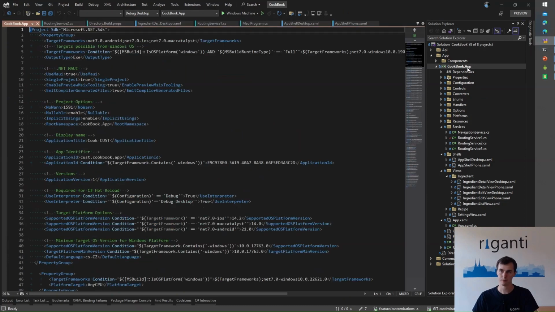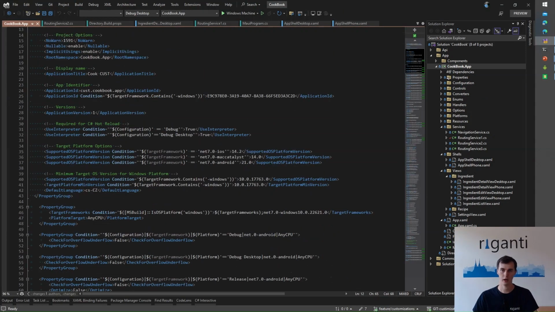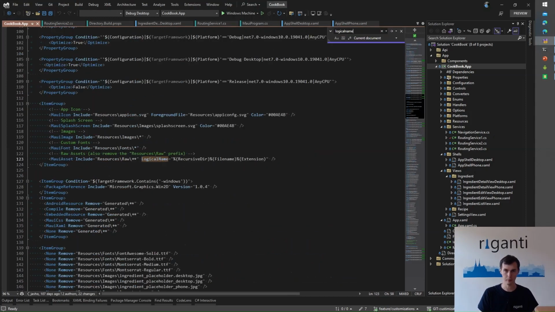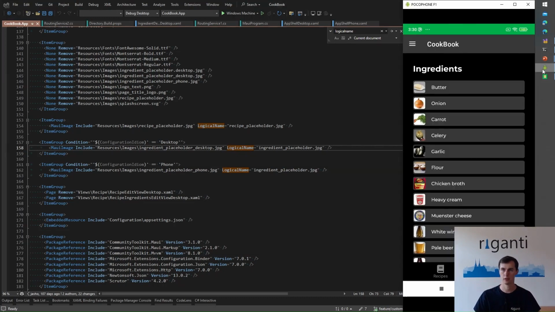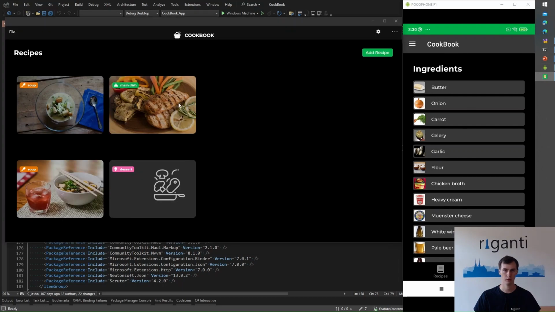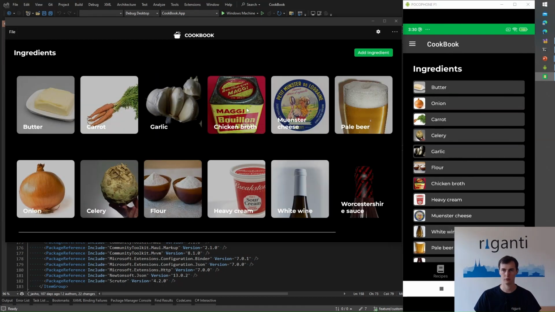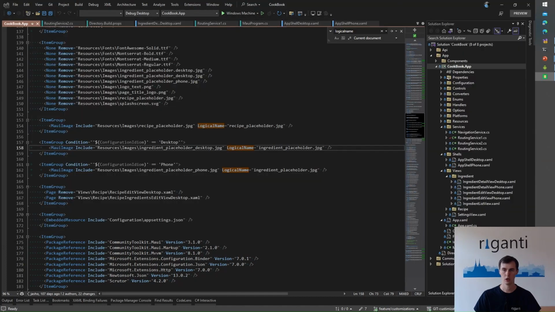Let's take a look at this. If I open the CS project file and I search for logical name, it will be used somewhere over here. Let's see here. So what we have is that we use a different placeholder image for our ingredients. So if the image for the ingredients is not defined and the size of the image is different on a phone and on a desktop, and we have different files defined for different form factors of the image,